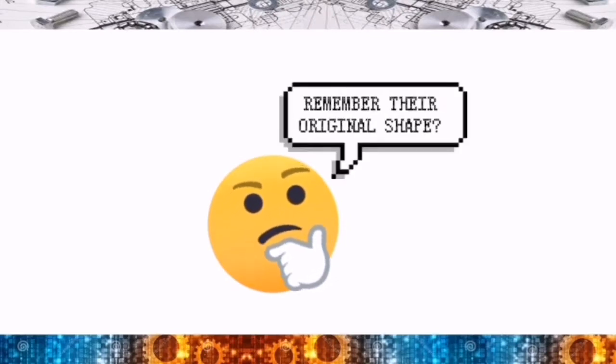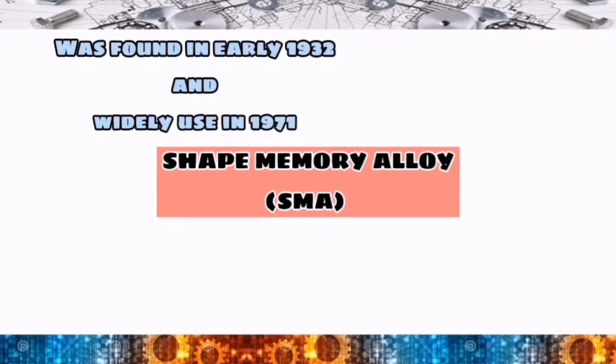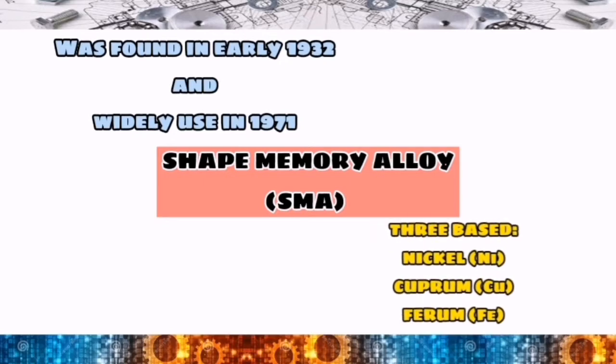Hello everyone, did you know that some materials can also possess memory? This material is called shape memory alloy, or SMA. This metal was discovered in 1932 and widely used in 1971. They have three major bases in this system, which are nickel, copper, and iron. Shape memory alloy is a material that can memorize its original shape while heating, with properties that include